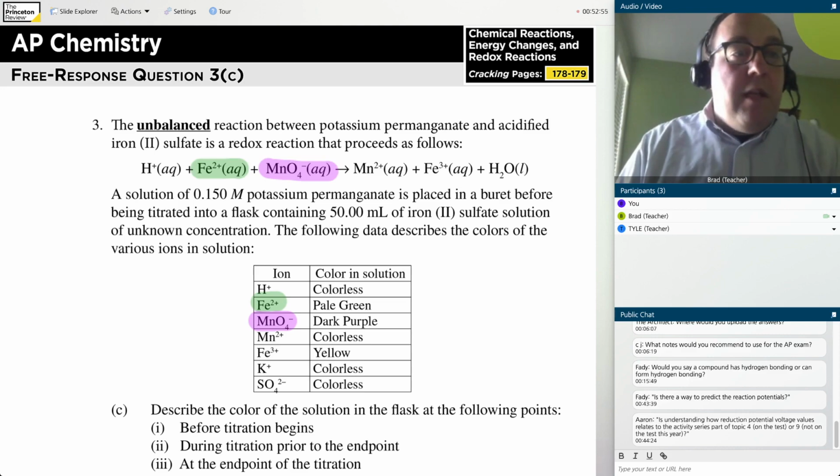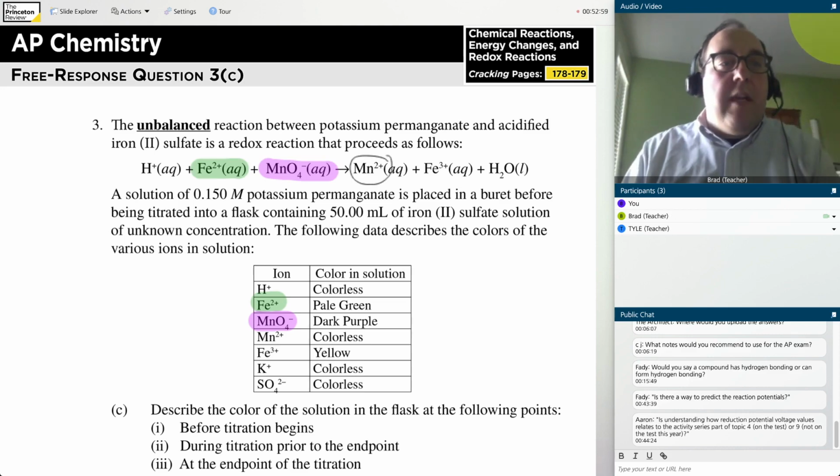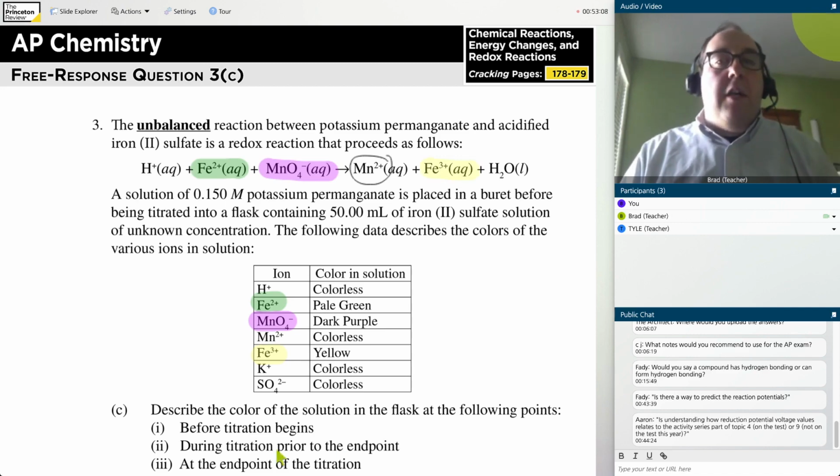Manganese 2 plus on the product side here, they tell me is colorless, right? So I wouldn't observe any color from that. But they do tell me that iron 3 plus is a yellow species, right? So those are the different colors involved. And they want to see how the color is going to change in the course of this titration. Well, in this titration, let's read here. They tell me that a solution of this purple potassium permanganate